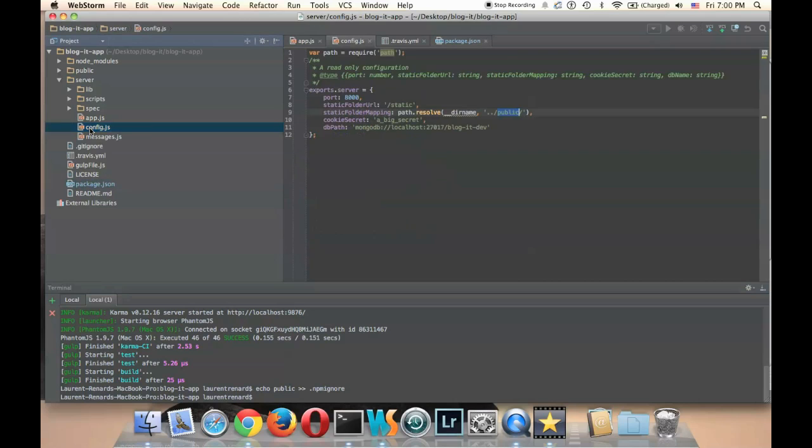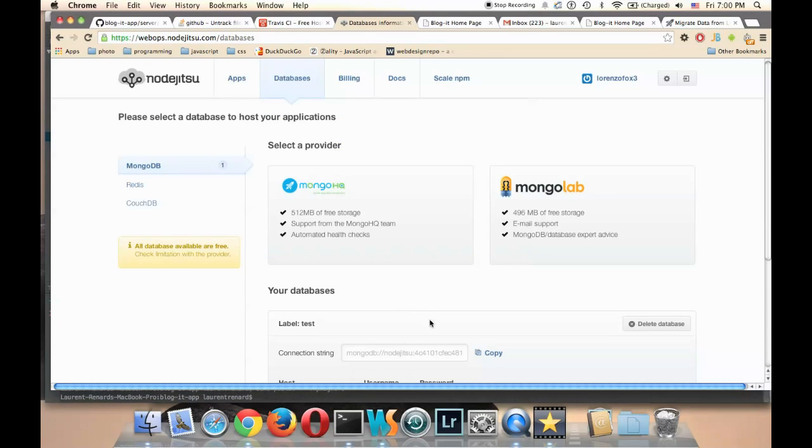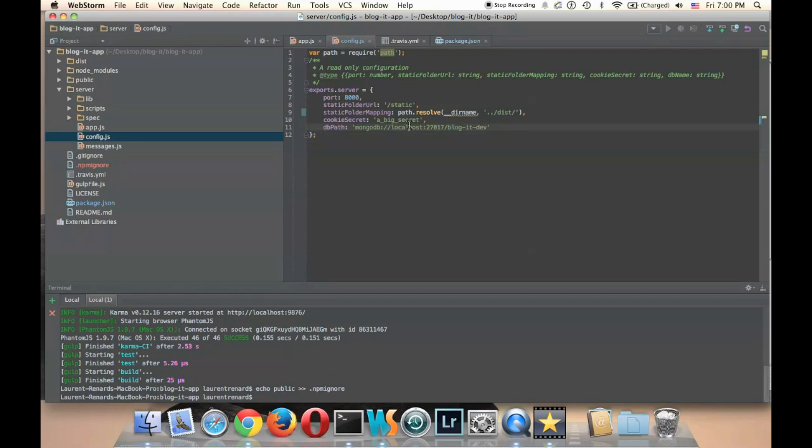Then you will have to change the configuration, and of course I would suggest to untrack this file with Git, because otherwise you may by mistake push some sensitive data. So in our case it's this, and we will need the URL of the newly created DB. Okay, so it should be fine. Okay, cool. So now we are ready to deploy your new application, and you just have to run jitsu